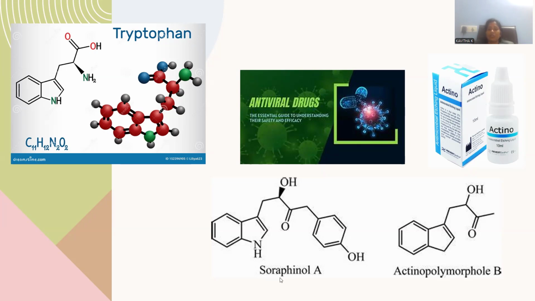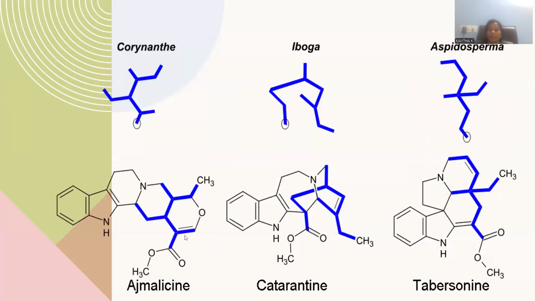Here we have solaphenol A. Solaphenol A is composed by indole and alkyl. In the alkyl side chain is located, which is an effective antiviral drug. Virus can be effectively destroyed. Let me introduce another, actinopolymorphol B. That is a kind of active trade marketed indole based drug. It will be in a curative device. So here we have